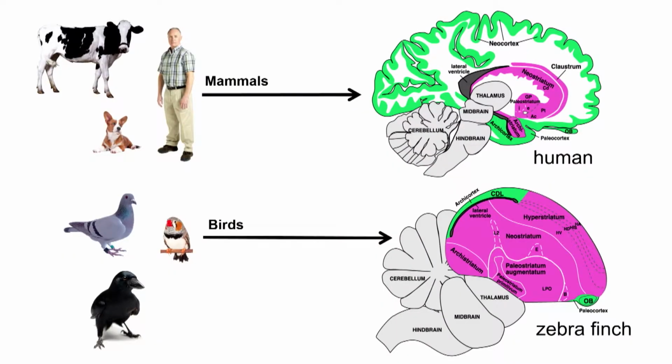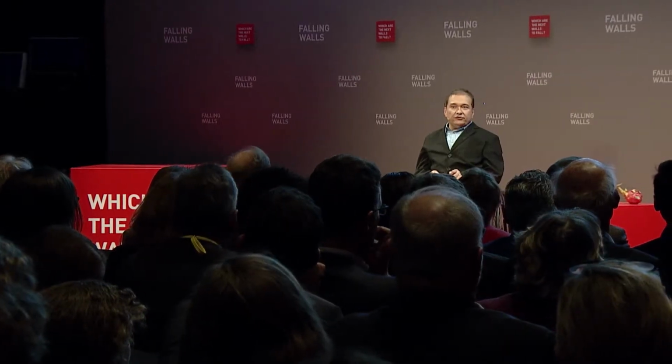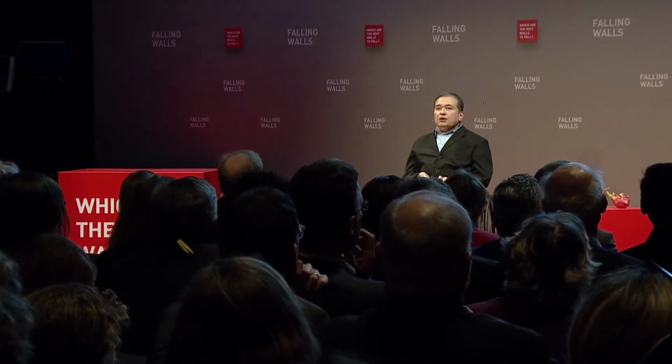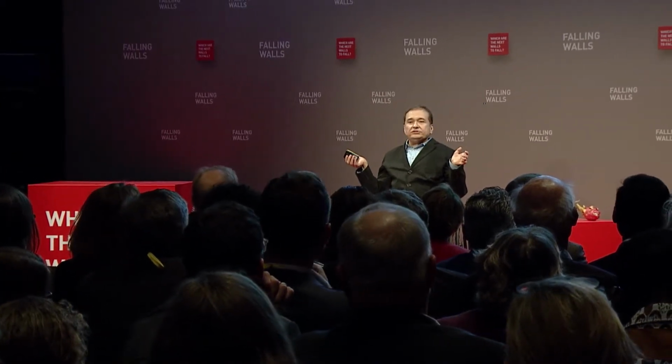They organize automatized behavior. Imagine you drive with your car through Berlin. There's thick traffic, and your mind wanders about the next Falling Wall conference. I can imagine you, for example, doing this. And you go through the traffic and nothing happens. This is your basal ganglia. You should say thank you from time to time to that. While your cortex is busy going on with the next Falling Wall conference, your basal ganglia do it, just automatized